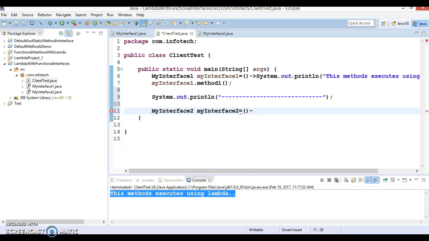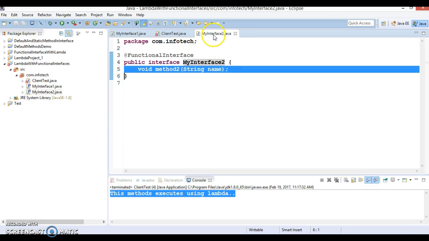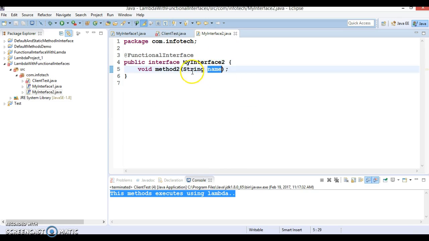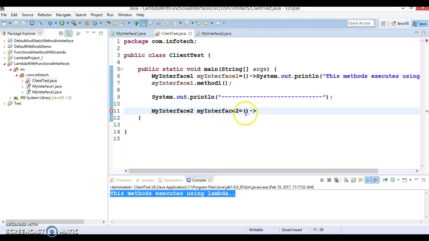Now we have to give the lambda sign, which is the arrow. This method accepts one argument as well, so you need to pass this argument. Sorry, not empty, but one argument you need to pass like this.